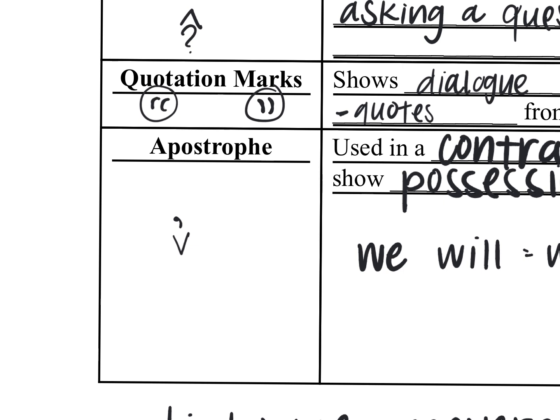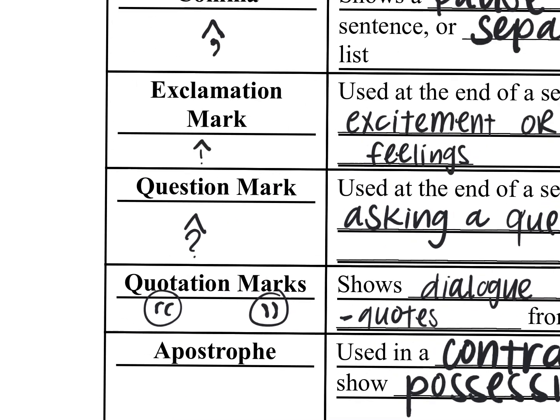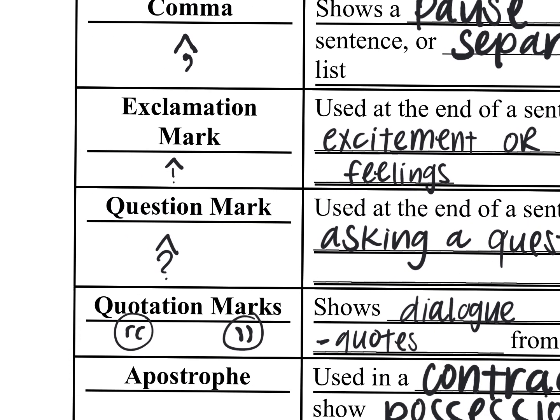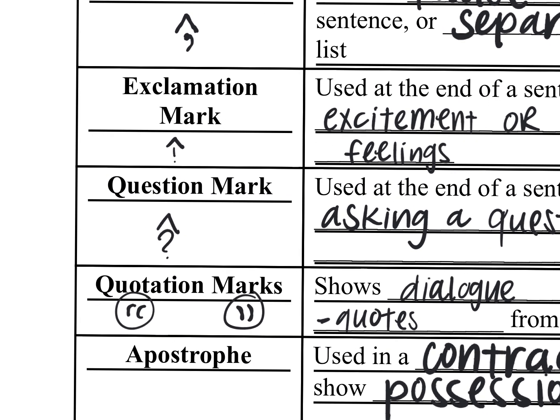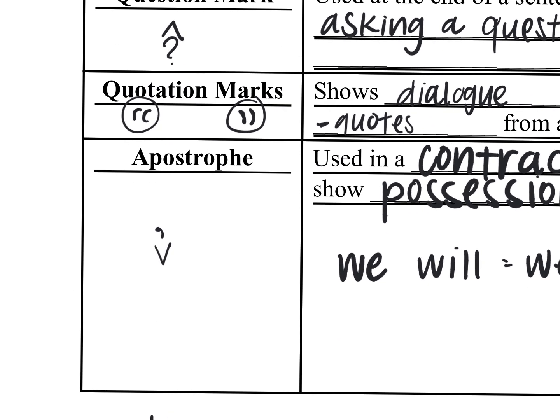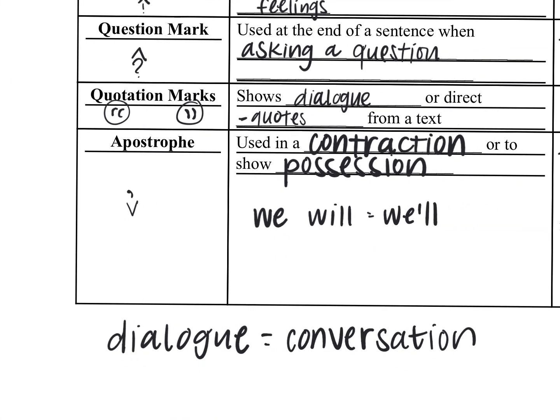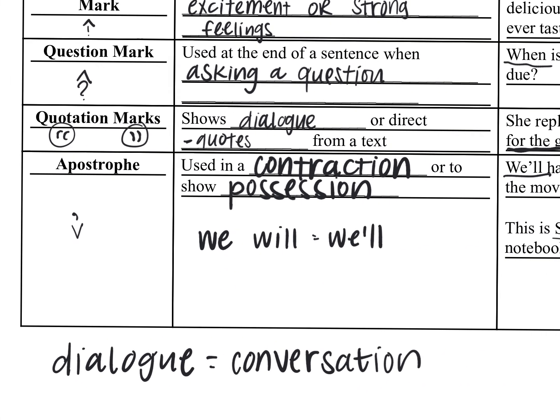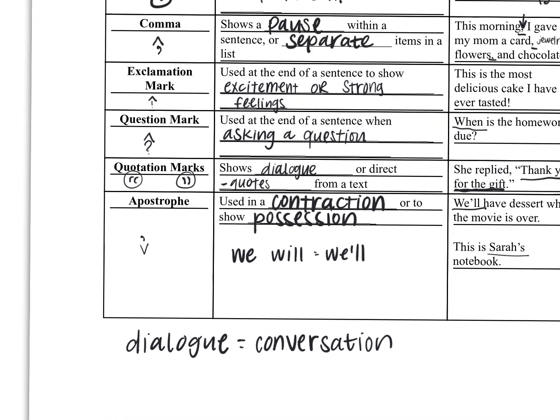Okay, so if you are adding like your punctuation, your comma, or anything like that, then notice I've got the caret going upward, and that's because the punctuation is going to go to meet the bottom of the line, whereas your apostrophe is going to meet the top of your word. That may not make any sense, and that's okay. It's not a huge deal. That's just me being nitpicky. All right, so